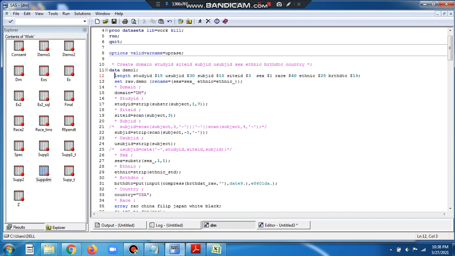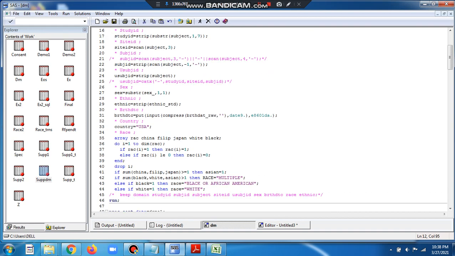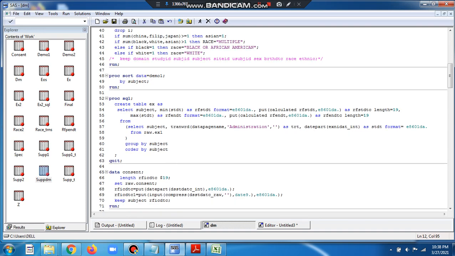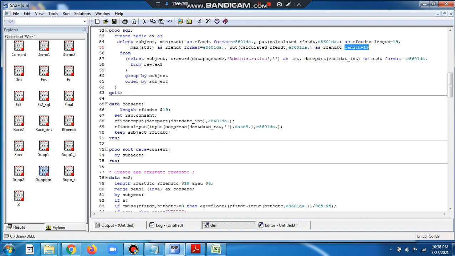So please make a note of that. I have assigned length here, which I didn't mention earlier. Similarly, for RFSTDTC, RFENDTC, I have assigned the lengths for all the variables. So just make a note that whenever we create a new variable, we assign the length for that particular variable.